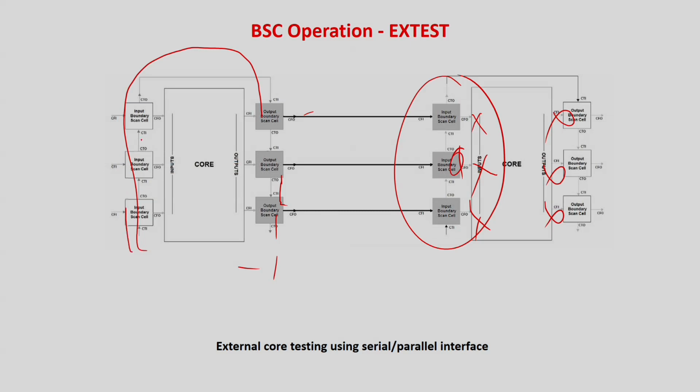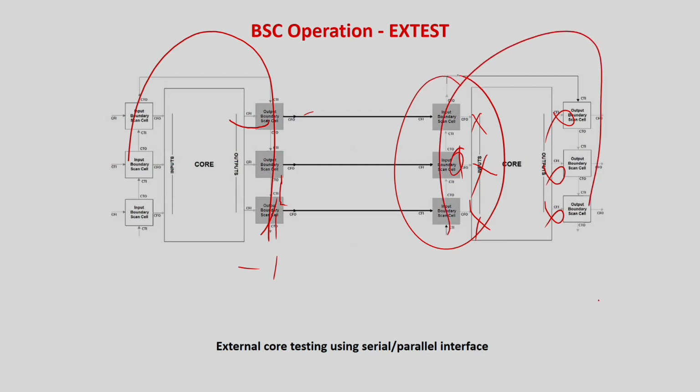You can scan in the values, or if you have a parallel access given to it, if the parallel wrapper is given, they can be fed directly. If parallel access is given, it will be faster. But as I told you, it's not a mandatory requirement to give parallel access. So sometimes you have to do it in a normal serial mode. You can scan it in, and scan the values out at the output and analyze the response. But if you have a direct parallel output, you can directly probe the value of the output and test it.